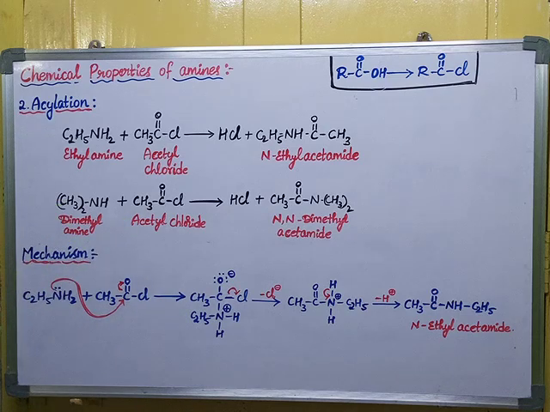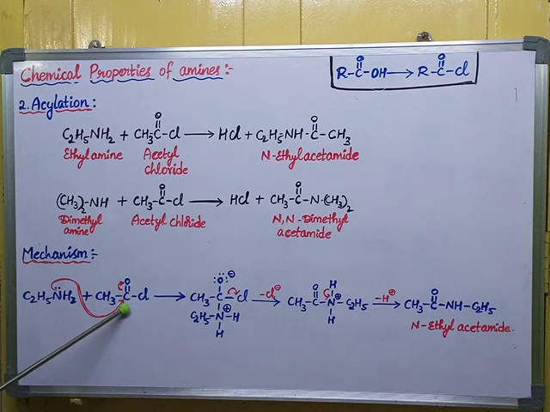So let us see the mechanism of the reaction. In the same way, I am taking the primary amine, ethylamine, and the acid chloride, acetyl chloride. In acetyl chloride, oxygen being electronegative, I am shifting the double bonded electrons towards oxygen. So oxygen attracts electrons towards itself, and gets a negative charge, while carbon gets a positive charge. Now the nitrogen of the amine is basic in nature. It can donate electrons to the positively charged carbon, so it acts as a nucleophile in this reaction.